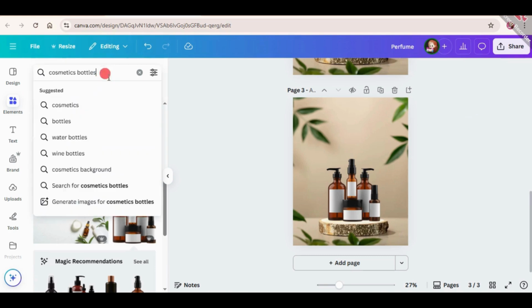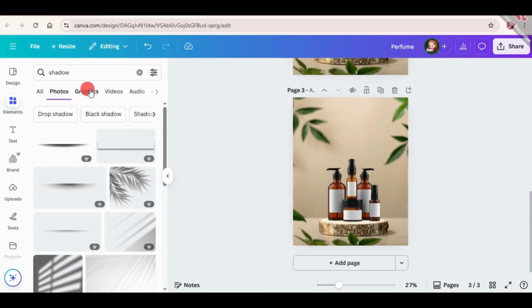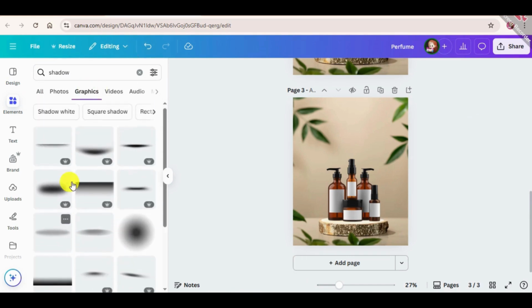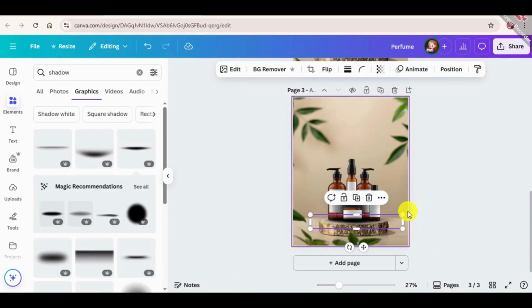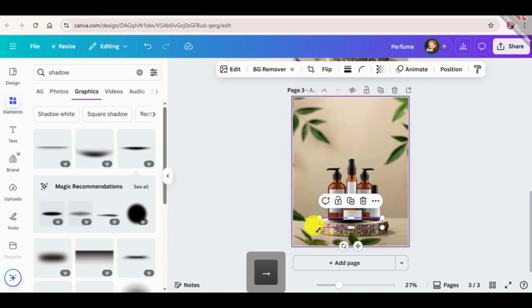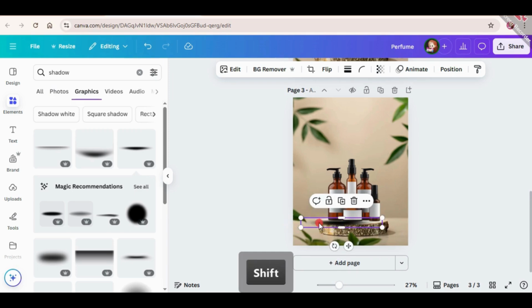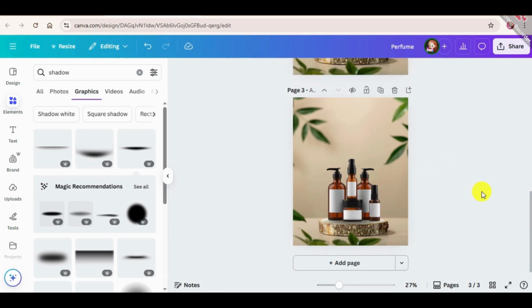I'm gonna search for a shadow. I'm gonna be in the graphics panel. I'm gonna search for this type of shadow. I'm gonna resize it a bit. I'm gonna move its position, something like that. I'm gonna resize it a bit like this. Now what I'm gonna do is lower its transparency, and then what I'm gonna do